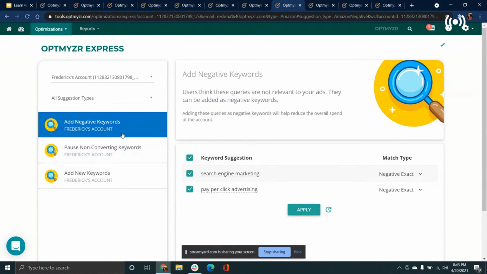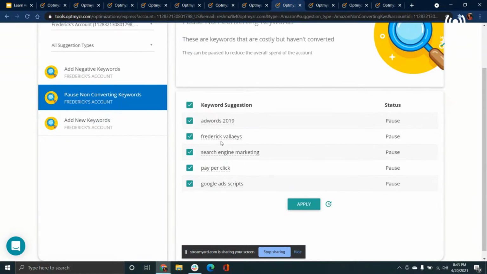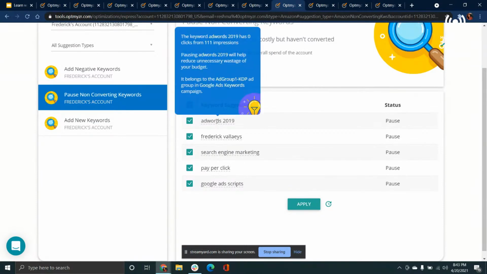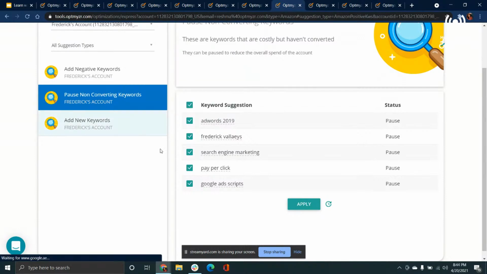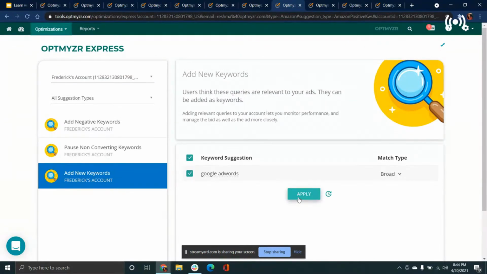You can see negative keywords that you can add, keywords that might not be relevant, pause your non-converting keywords, and you can hover over each suggestion and see why this is a top suggestion for a non-converting keyword. You can see the ad group it belongs to and so on and so forth. So working with these top suggestions becomes really easy, and all you have to do is hit apply and it's taken care of.